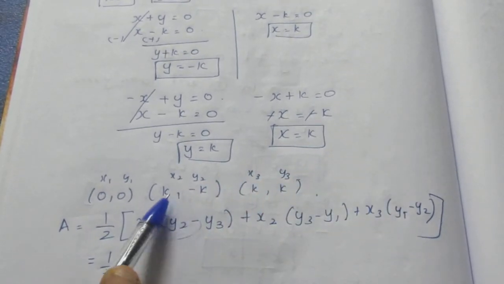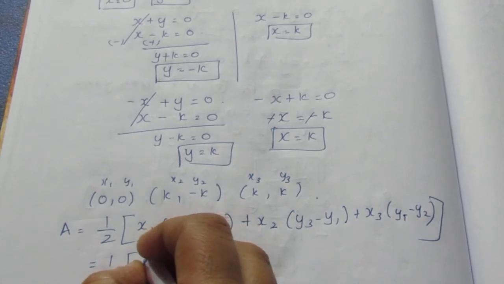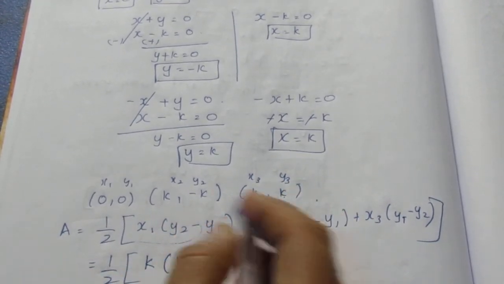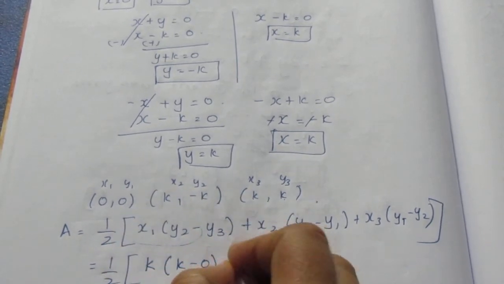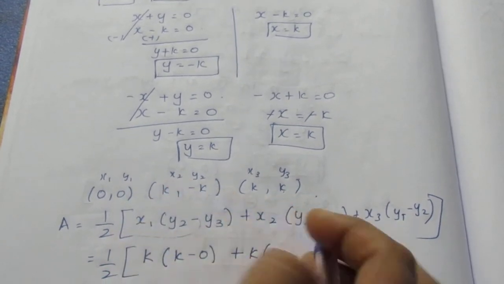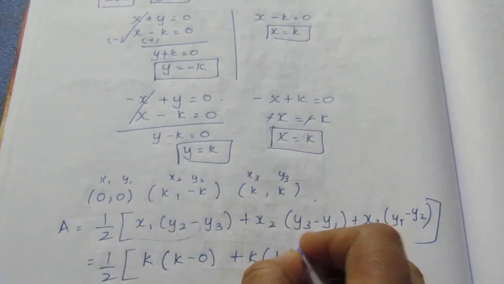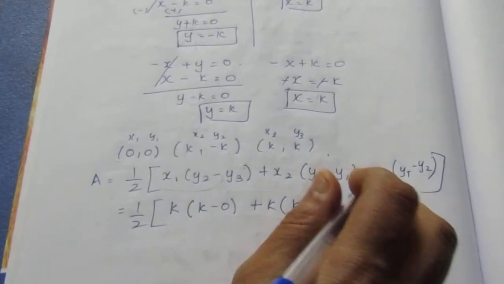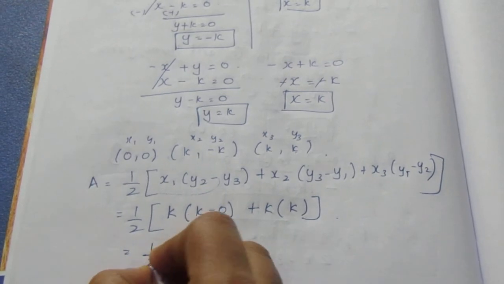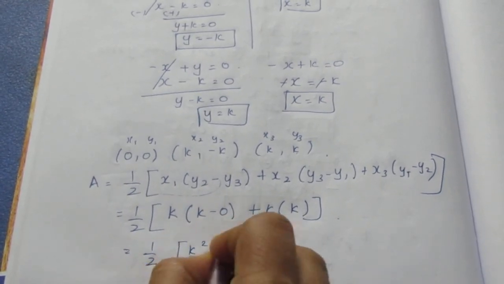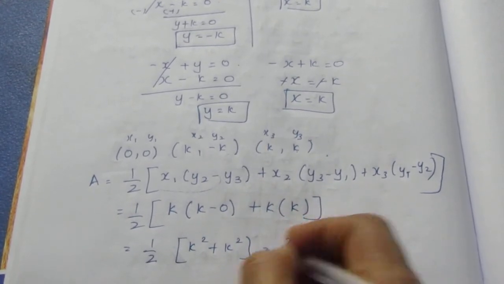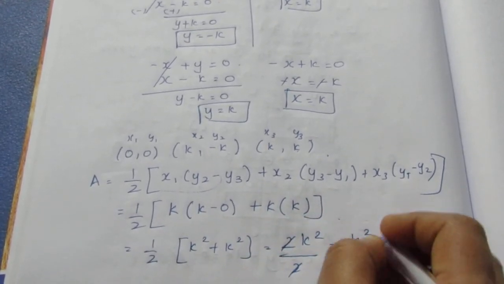Now we go to x2, k into y3, which is k minus 0, plus here x3 is k, here 0 minus of minus k will be plus k. This becomes k square. Half into k square plus k square, which is nothing but 2k square by 2, gets cancelled, k square